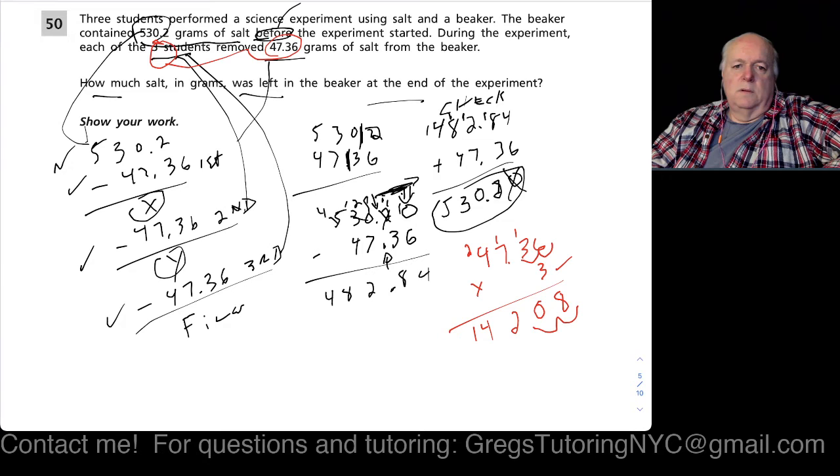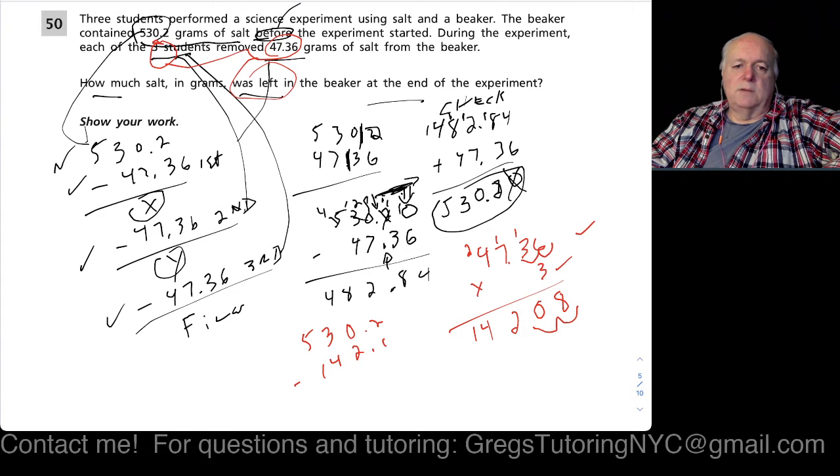So let me just do that one more time to make sure I have it right. 47.36, that's correct, times 3. 6 times 3 is 18, carry the 1. 33901, 21, 22, 12, 13, 14. Okay, good. So now what I need to do is take the 530, because it's asking how much was left. Okay, the 530.2, and subtract from that the